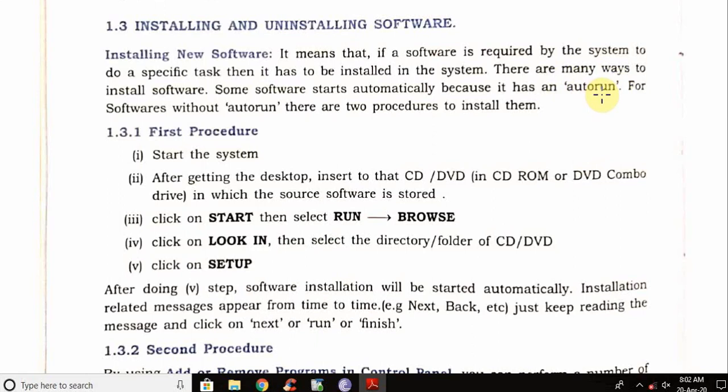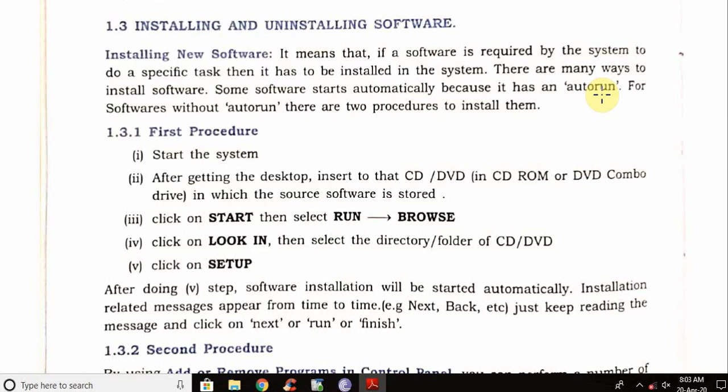Sometimes it was called autorun.ini or autorun.exe. This autorun was the first program that the computer executes as soon as a CD or DVD is inserted. This autorun calls the setup program, that is setup.exe, on a Windows system.